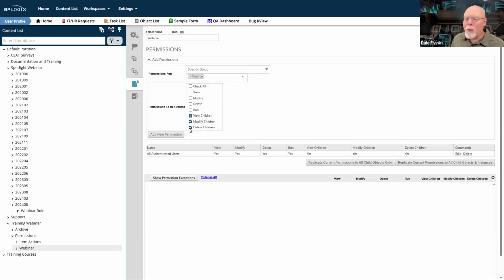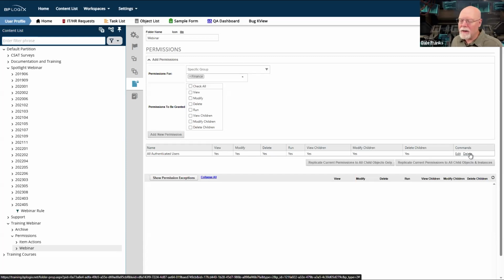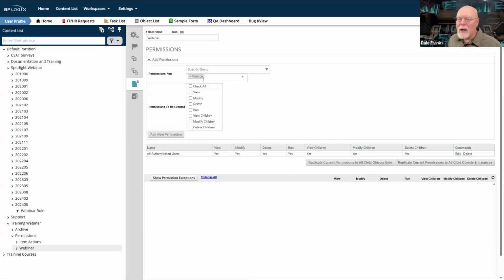So let's say I wanted to set up a new system, and I'm just going to go ahead and delete. Let's keep it for now. So let's say I wanted to set up a system, and in this case it'd be in a folder, and I want my finance people to do nothing but be able to submit forms and to look at some knowledge views.